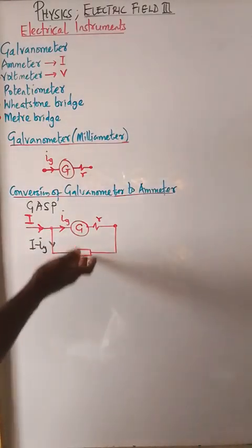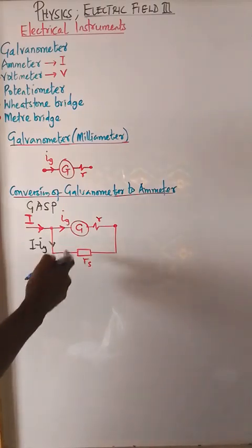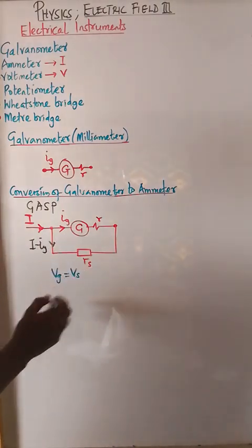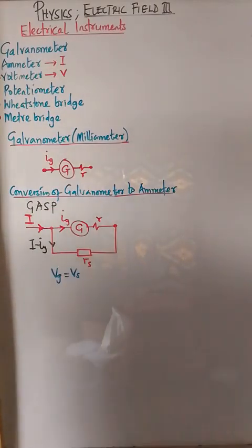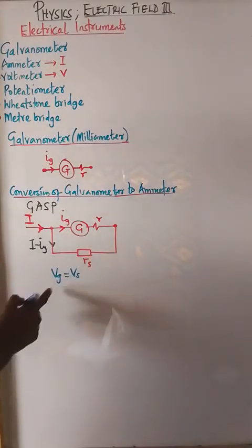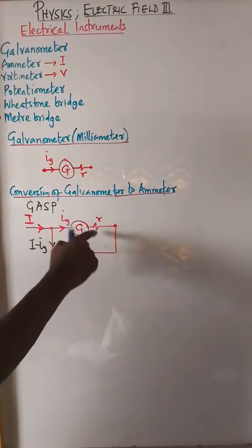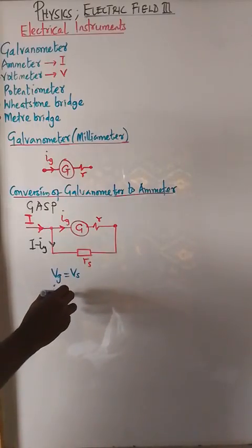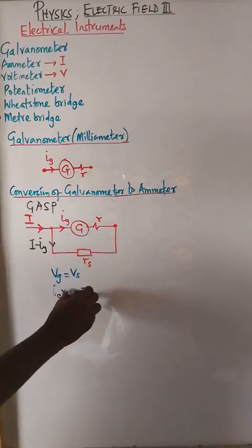Now, if you observe, these two are now in what? Parallel. So since they are in parallel, it means the voltage across the galvanometer equals the voltage across the shunt. Since they are in parallel, they will have the same potential difference. So what is V? IR. So what is I in this case? For this galvanometer, the current taken is Ig. So that's Ig, Rg. Whereas for the shunt, the current flowing here is I minus Ig,